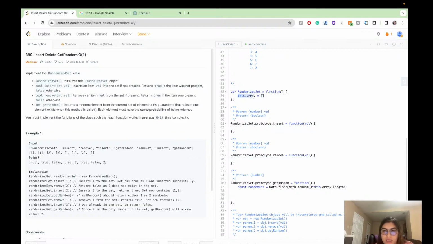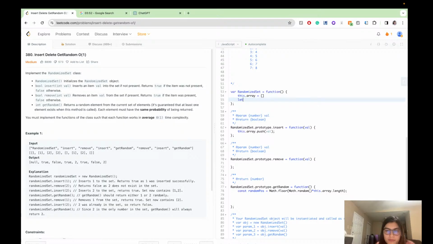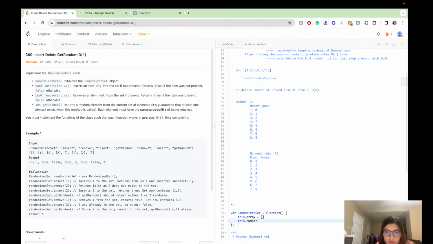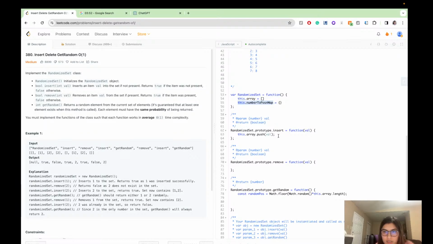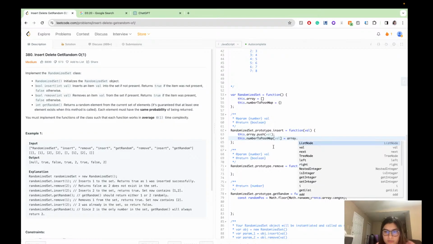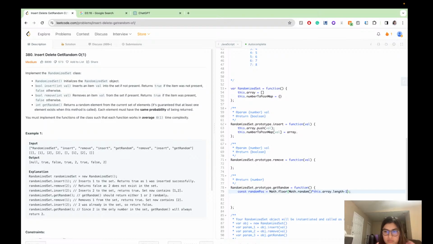Okay, and then insertion will be this dot array dot push value, and there will also be a hash map, this dot number to position map is equal to empty, and then since I'm just doing number to position, right, it will also be this dot number to position map, number will be value and position will be equal to this dot array dot length minus 1. What am I doing? Array dot length minus 1, right, because I'm pushing at the end, so this will be my position